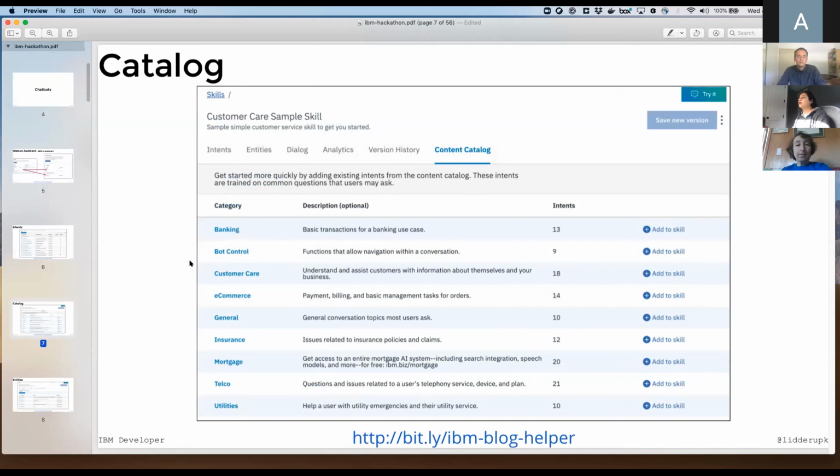For example, if banking is your use case, you might want to check out the content catalog about different intents involving banking. But ideally, when you create intents, you want to keep your customer in mind, especially if you're creating some sort of messaging app where you're communicating information. You want to think about what someone would ask.